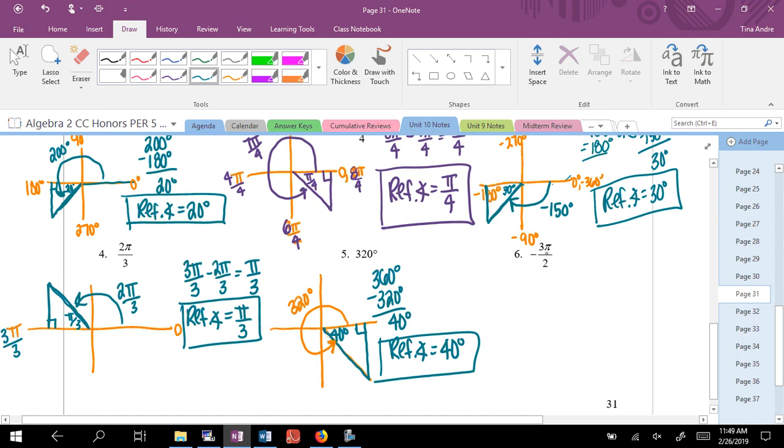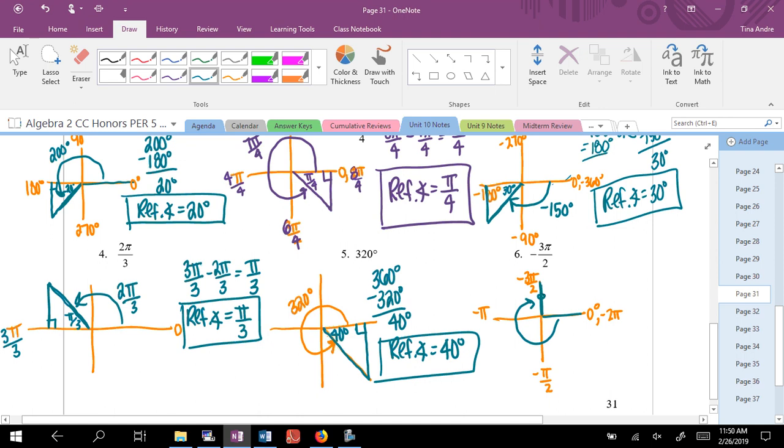Next one, now we have a negative. So we're going to, again, go the opposite direction. We're going to go clockwise. Since this is in radians, I'm going to go back to radians. So this is going to be negative pi over 2, negative pi, negative 3 pi over 2, and then this would be negative 2 pi, since we're going the opposite direction. So this one is going to start here and it's going to end up here on negative 3 pi over 2,